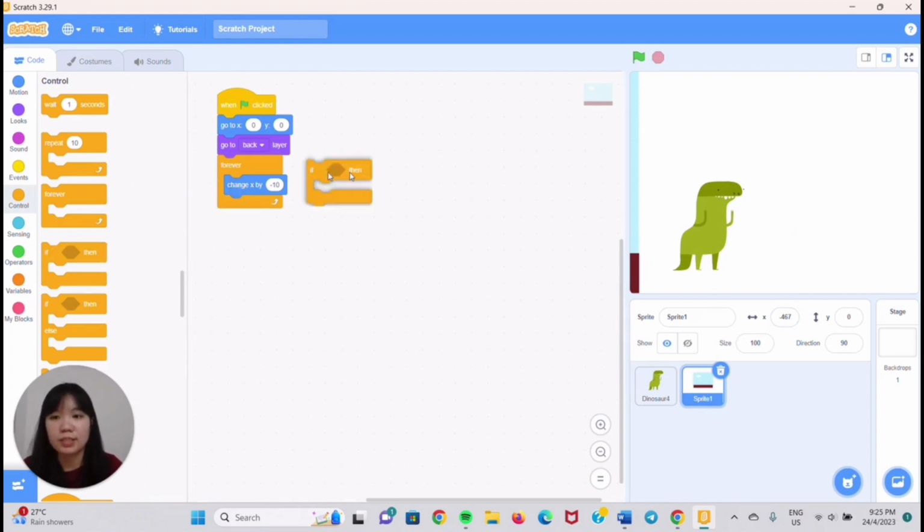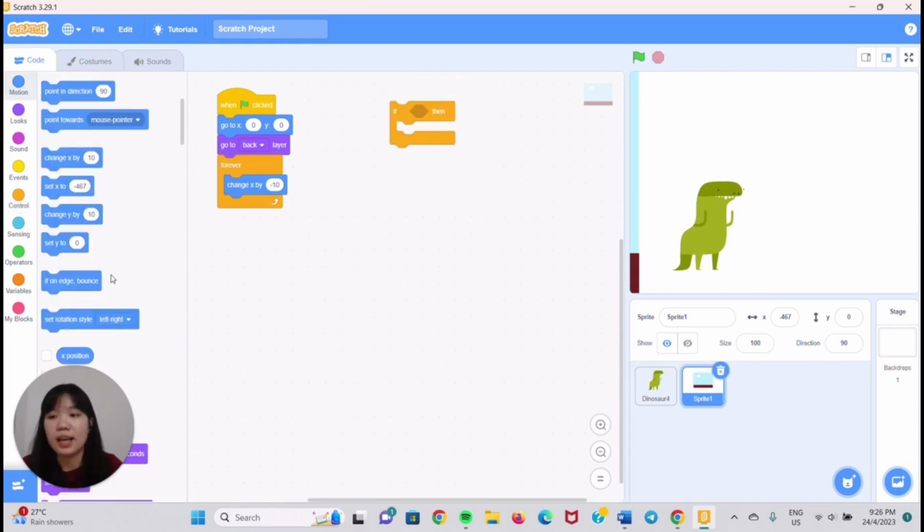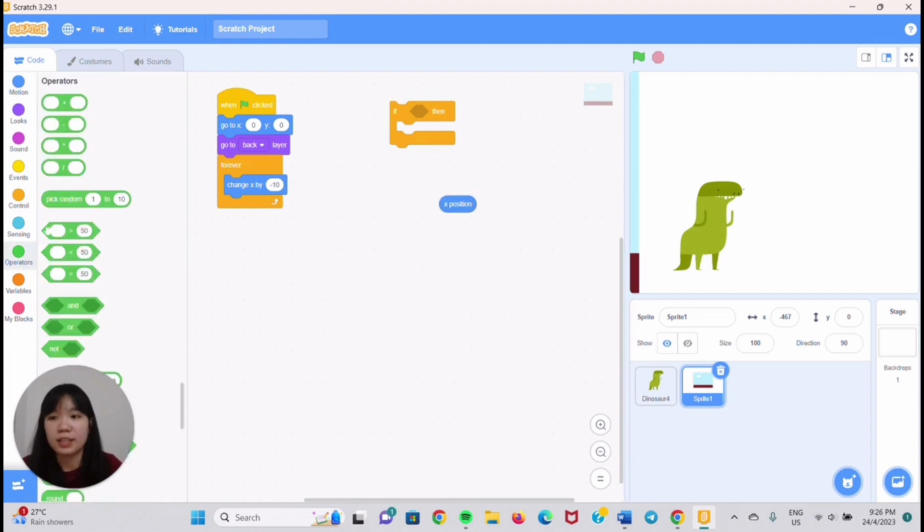Okay, so we can actually use this if and then there's a condition, then what should we do? Okay, so the condition here will be when the X position, and then we can find the smaller than operation here, smaller than, put in the X value, and then the value here is -467, and make it -466. Okay, and put it inside,